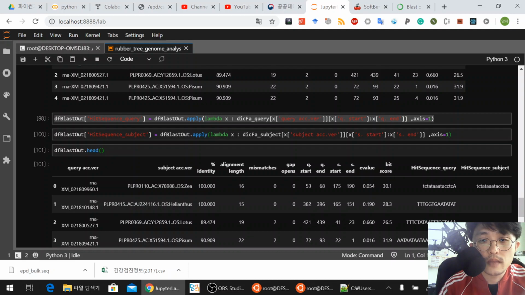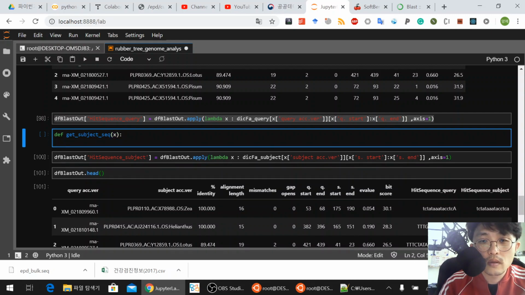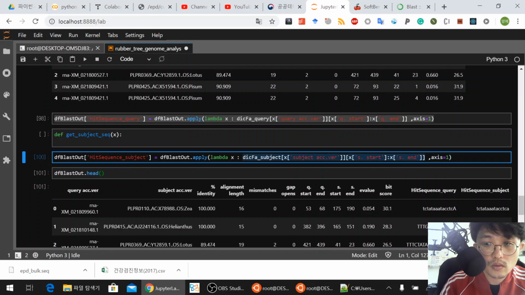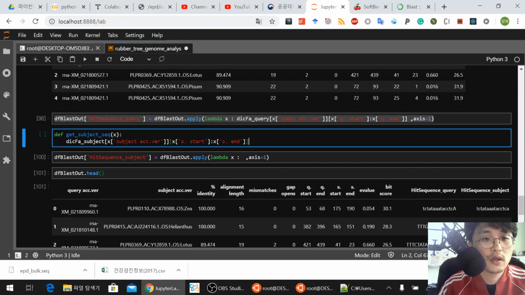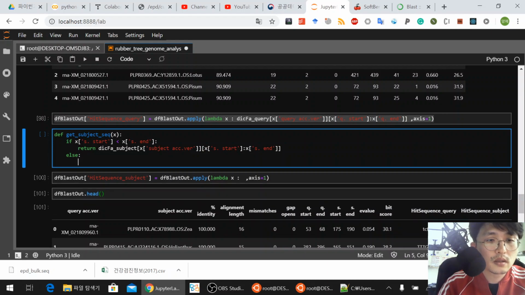This means that I have to write a function, get subject sequence. This whole one goes to here. If the n is larger than this one, and return the sequence. Else